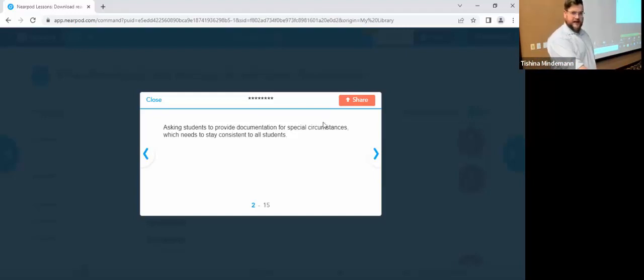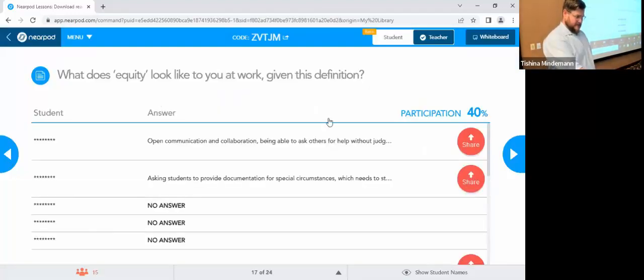But yeah, keeping that even is certainly an equity concern. All right. But being willing to make exceptions if there are extenuating circumstances, I think.